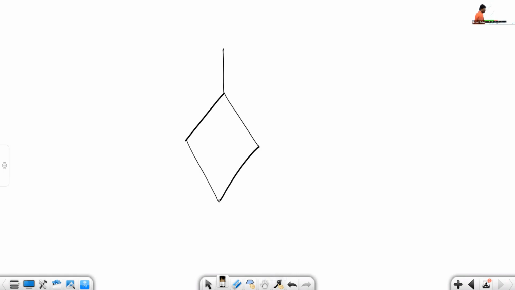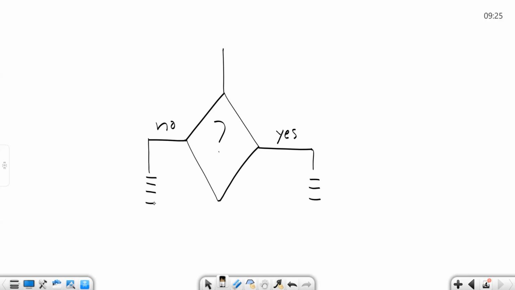What is this in mathematics? Otherwise, in a flow diagram, what is it called? Decision box. A decision, a question, will always have only two answers: yes or no. If the given condition is true,